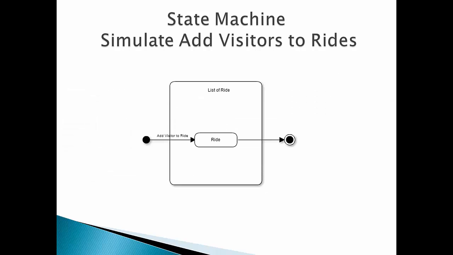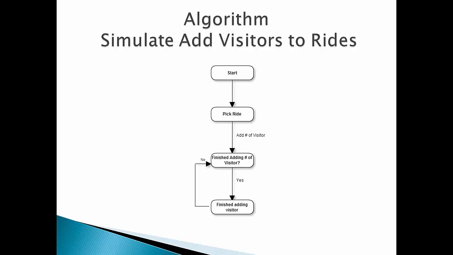This is a simple state machine. All the state machine does is you start out by adding a visitor to a ride, which is within the list of ride states, then it finishes. And this is a simple algorithm for the Simulate Add Visitors to Ride user story, which is you pick